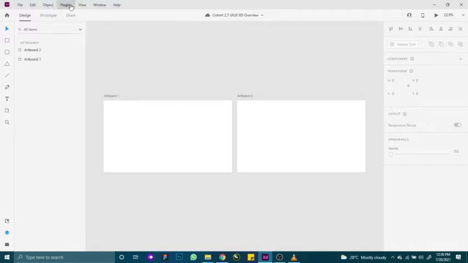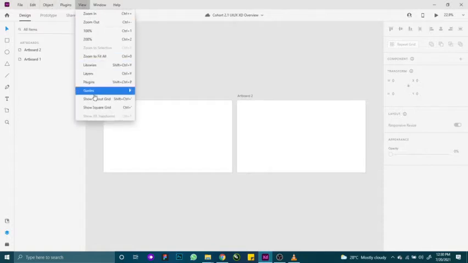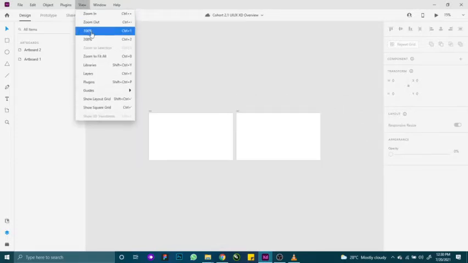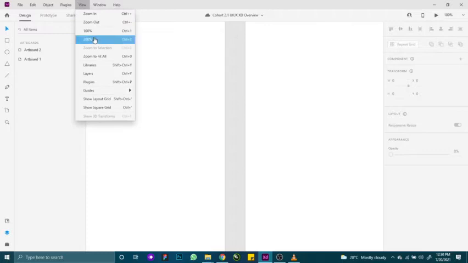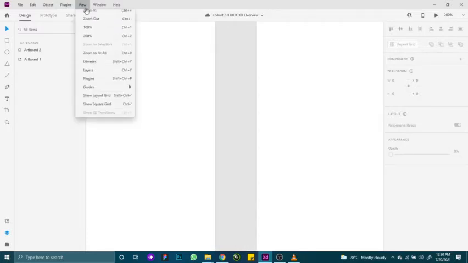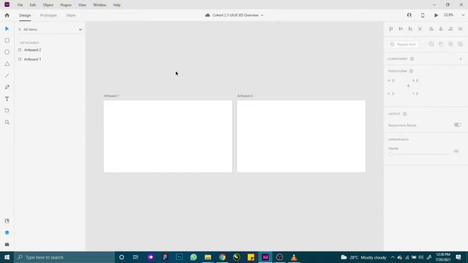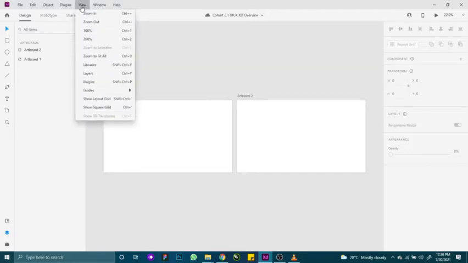So plugins, like I said about UI kit, plugins, you're going to get to know more about in the subsequent classes. Plugins and UI kit, don't forget. View, this is zoom in, zoom out, 100%, 200%, zoom to fit. That's all. So I advise that instead of using this, you should get familiar with the shortcuts, which is Control